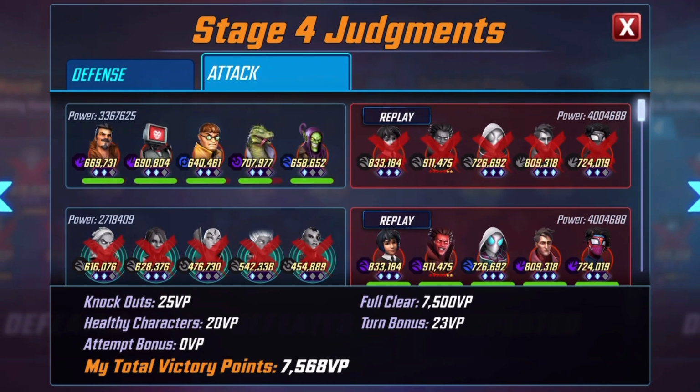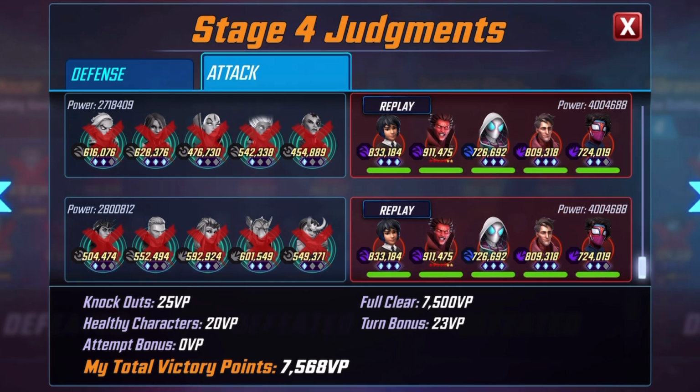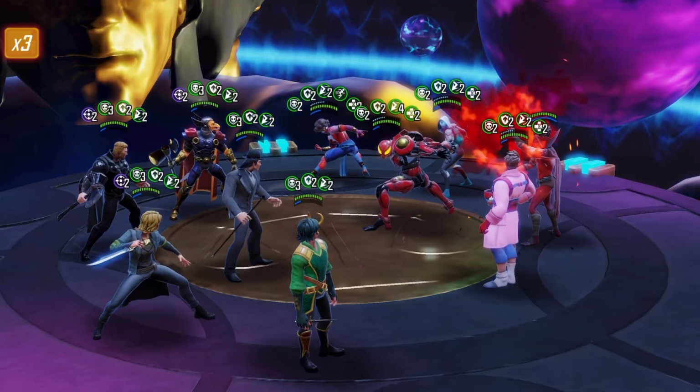So looking at the size of my opponent's Spider Society with Mephisto, I knew I wanted to go in with the Superior 6 as the final attack. And so, once again, what I like to do is go in with